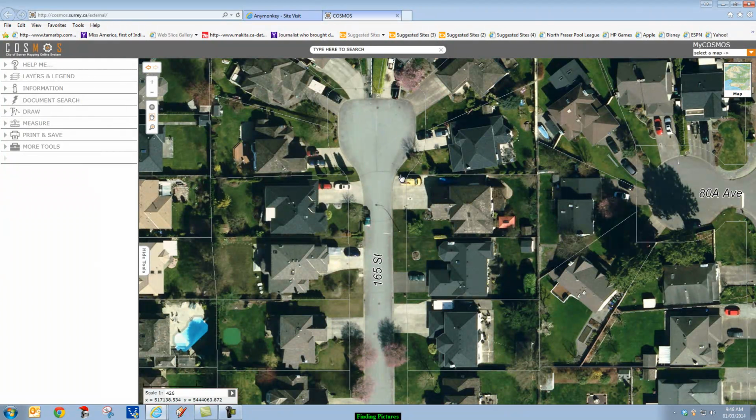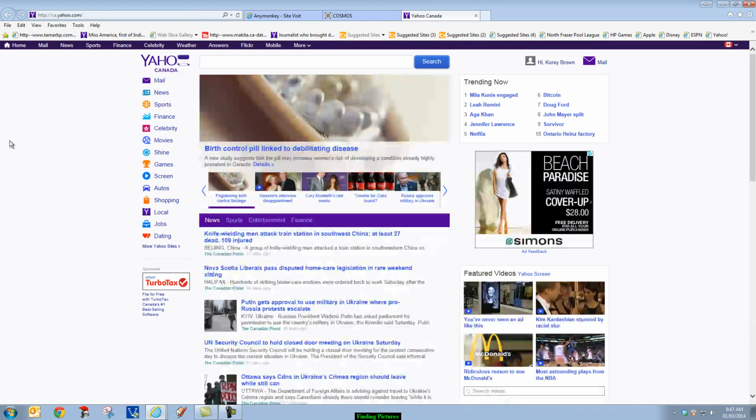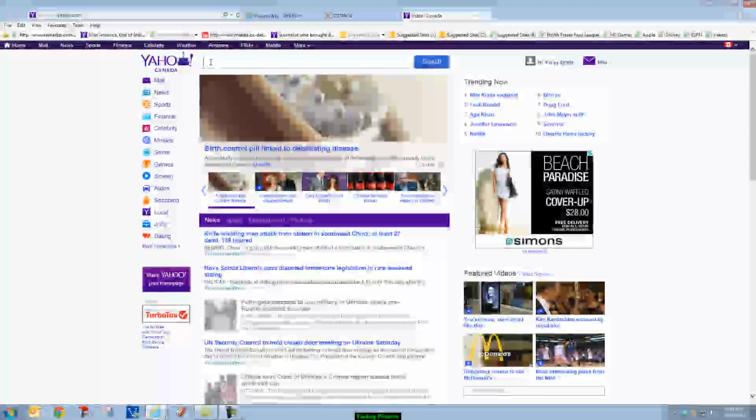Sometimes the hardest part of getting the picture loaded is finding the actual site. So I'm going to show you how I would go about finding aerial photographs for a specific location. Now, I have never looked for an aerial photograph in Portland, Oregon, so I have no idea if they even have a site, but we're going to go and look. I'm going to go to my search engine and type in something like